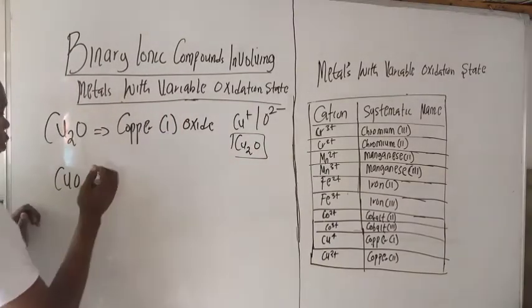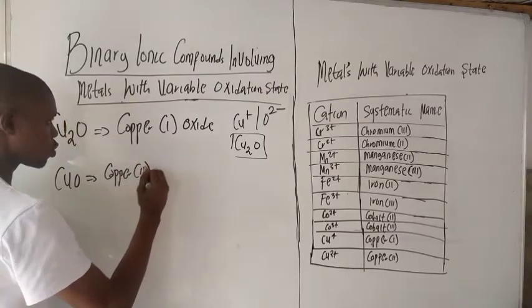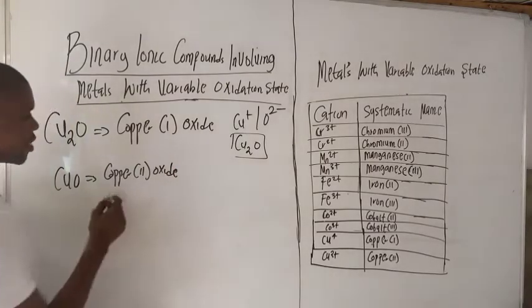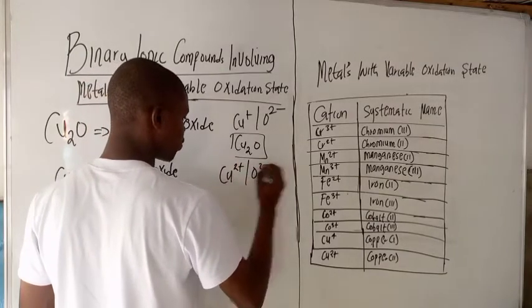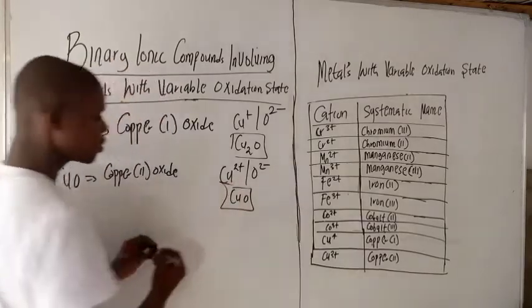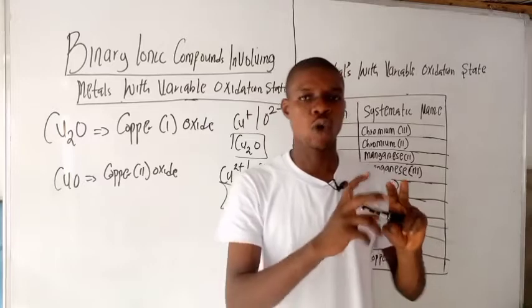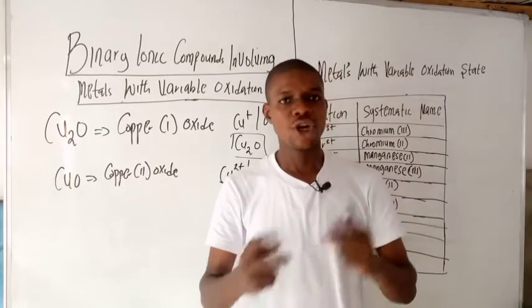Copper 1. Why is the other one going to be copper 2 oxide? You see the reason here: it's Cu2+ and O2-. So when they combine, it's going to be CuO. You get? So when you are naming compounds that involve metals with variable oxidation states, you must be careful